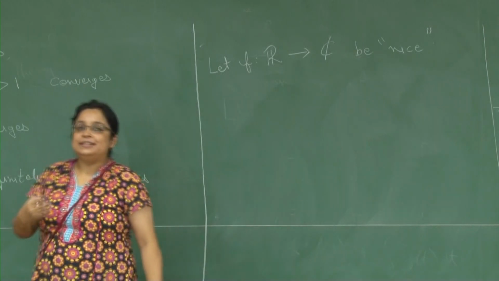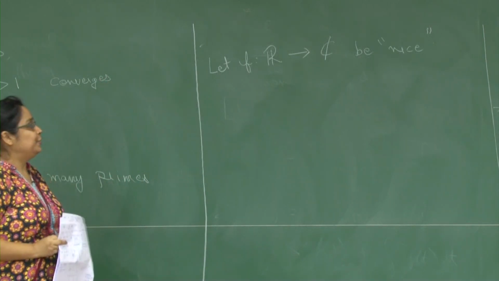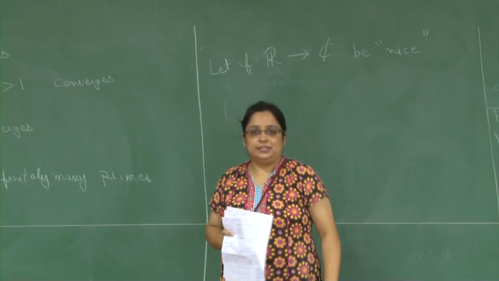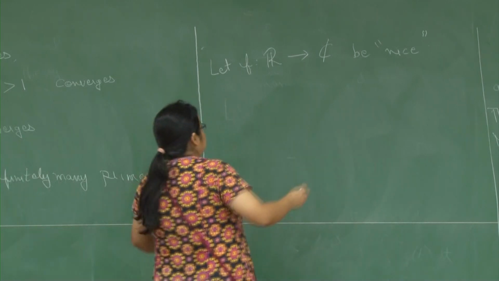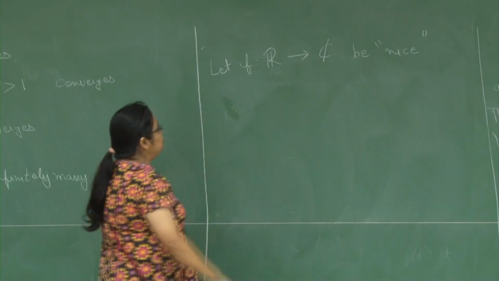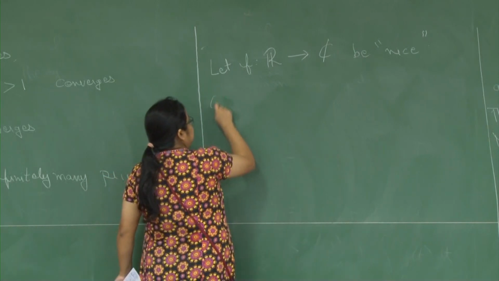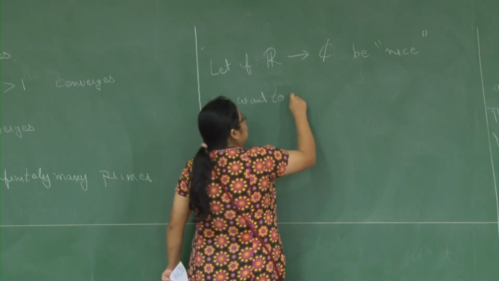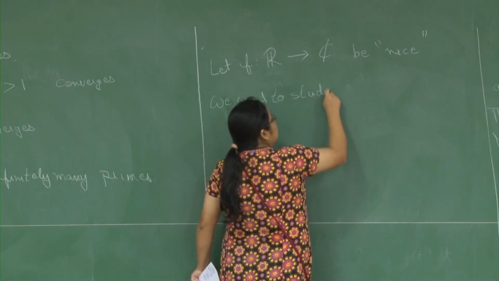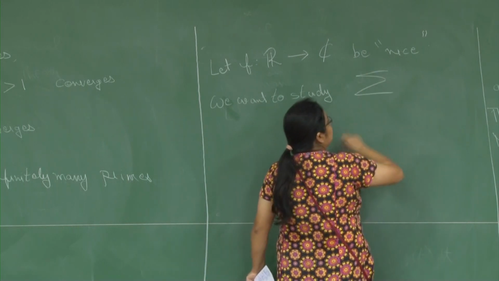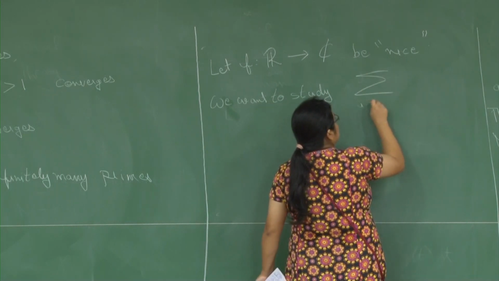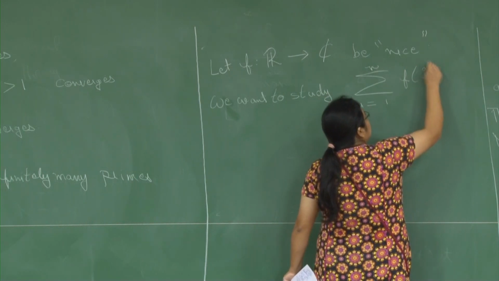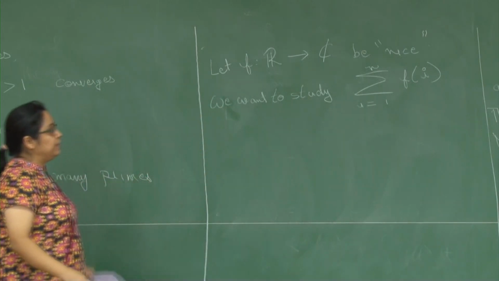Is something that we will specify as we go on with our calculations. At the very least, nice definitely means that the function is differentiable. So, what are we trying to do? We want to study the sum, i going from 1 to n, f of i, where n is some